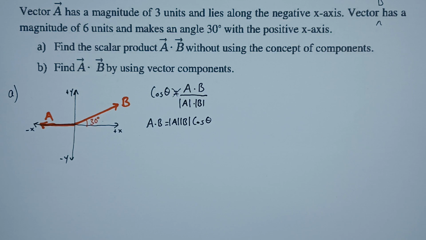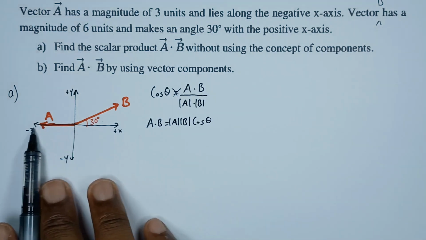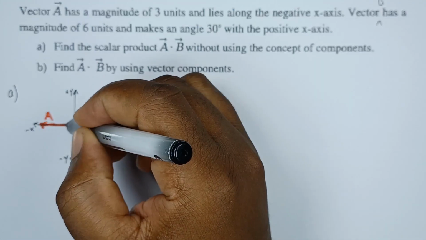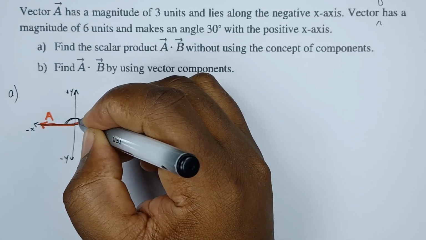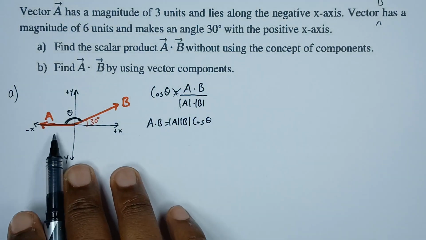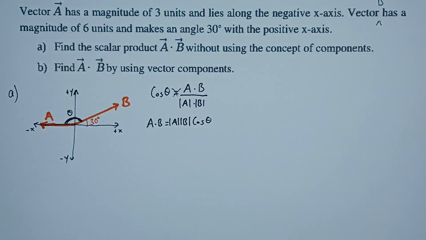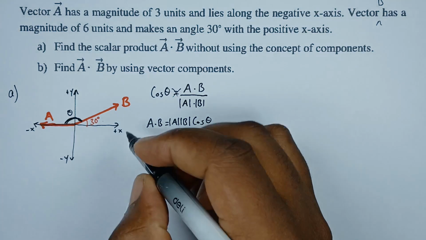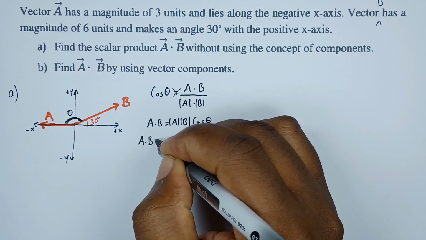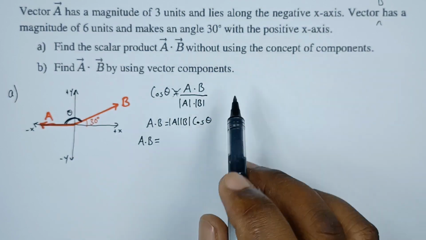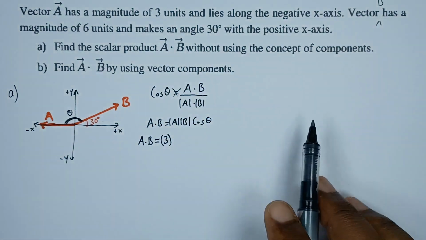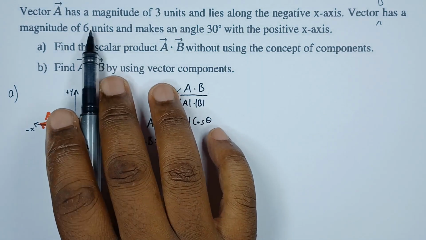So what is the angle between the two vectors? Since the straight line is 180 and we have a 30 here, if we say 180 minus this 30, we are going to get the angle between these two vectors. So this angle here is our theta. So 180 minus 30, then the angle between the two vectors is 150. So A dot B is equal to the magnitude of A. Remember, A has a magnitude of 3 units, so 3. The magnitude of B is 6,